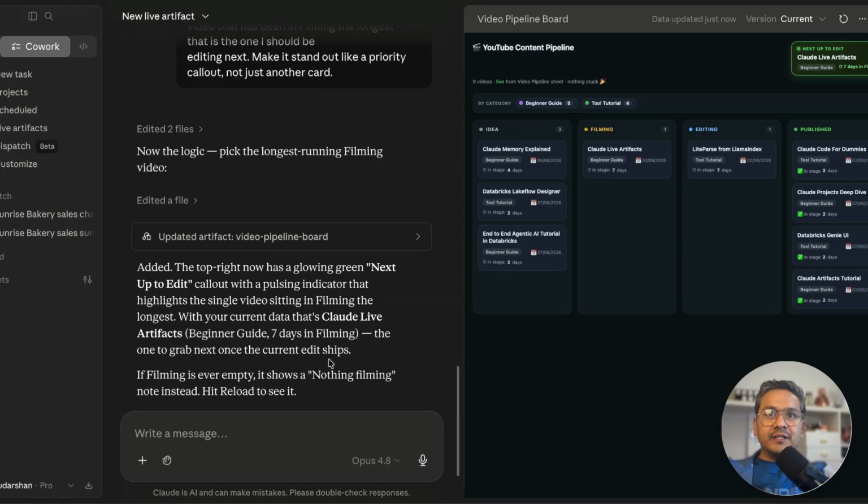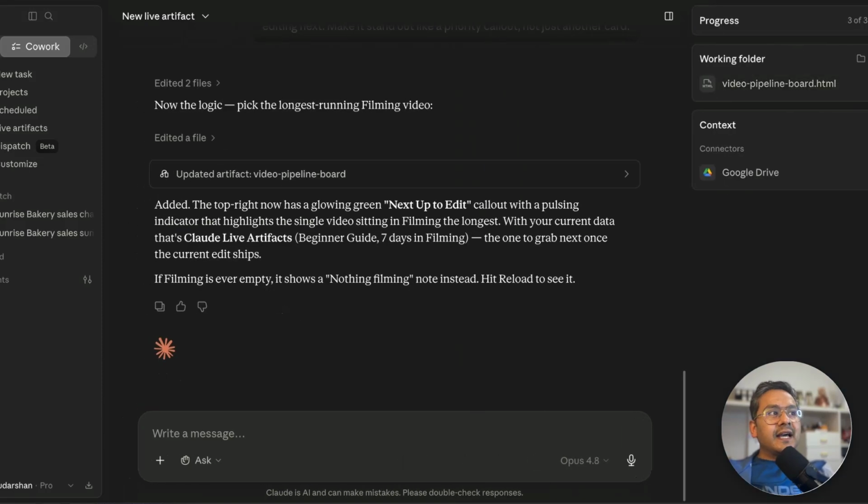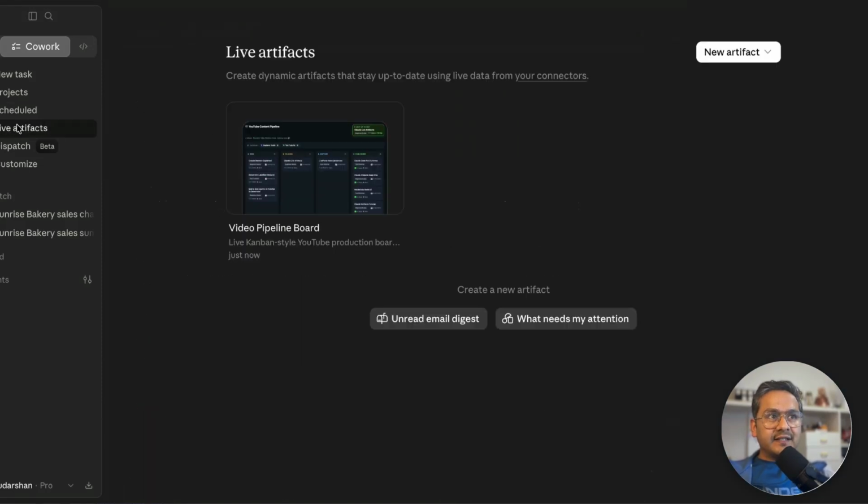Once this is done, if you see here on the top, there are these 3 dots. You can pin this. By default it will be pinned, and you can download it as PDF, or you can delete it from here. This is the chat interface view, right? Now you can just close this one, and if you go to this live artifacts, now this is how it